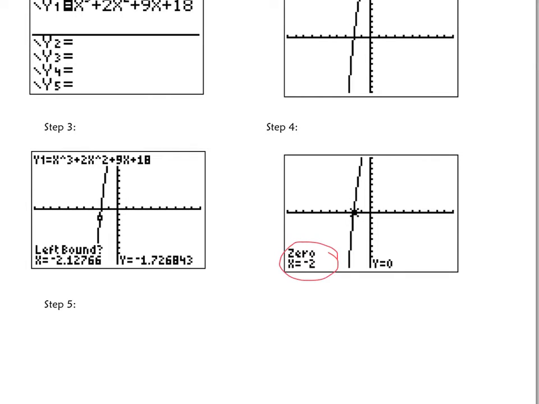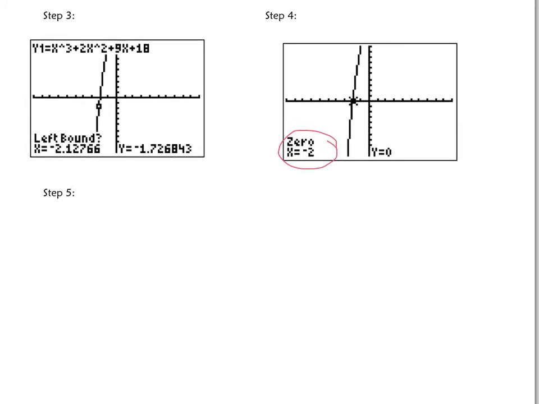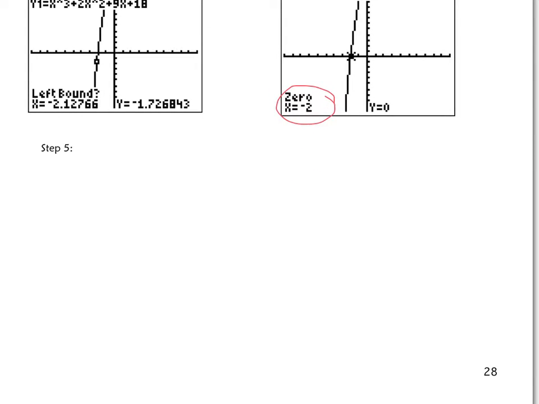Now what you do with that 0, in this case there's only one real 0, which means, looking back to the equation, it was an x to the third, there will be two imaginaries. So we have to find those two imaginary zeros. The way you do that is you are going to take that 0 and you're going to do synthetic division